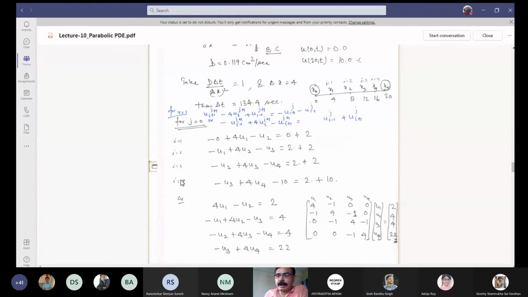So is it clear how to solve this system? Yes, sir. At every delta t, for t equal to t1 first you solve, then t equal to t2, then t equal to t3. So all the values for t equal to t1, for all the delta x subdivisions, discrete values will be available. At every stage you will be calculating four variables, u1, u2, u3, u4, for that particular fixed j, whether j is 1, 2, 3, 4, and so on. Is that right?